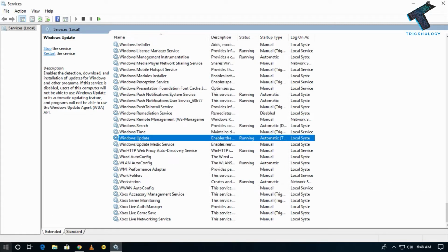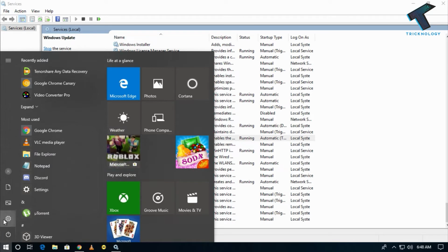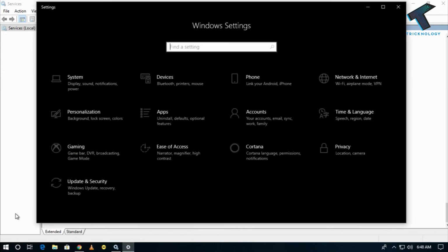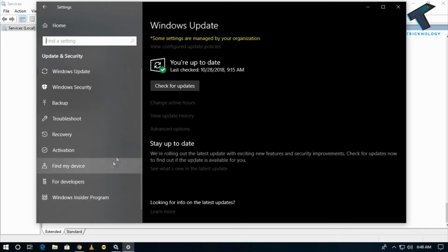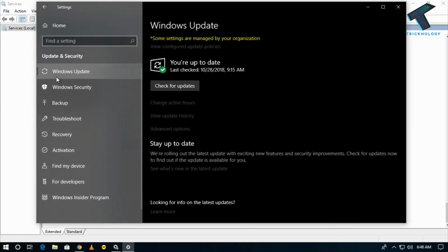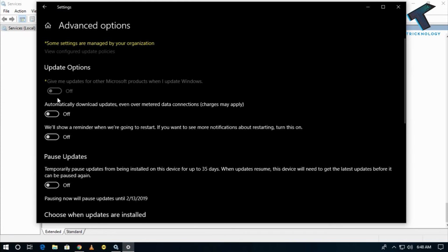Now you have to go to your start menu and go to the settings option over there, and now click on update and security, and here you will get one option called Windows Update. So click over there and now click on advanced option under check updates. So now you have to enable this option called automatically download updates, and after that go to the back